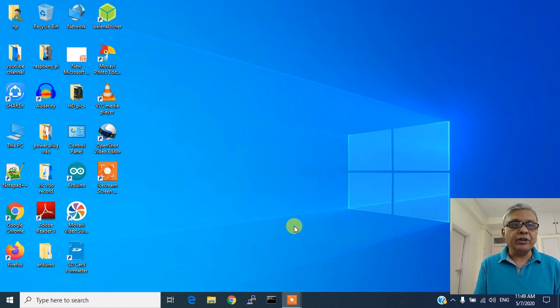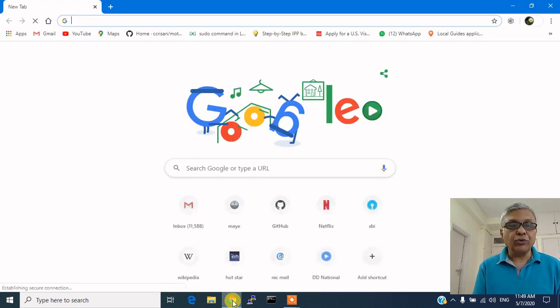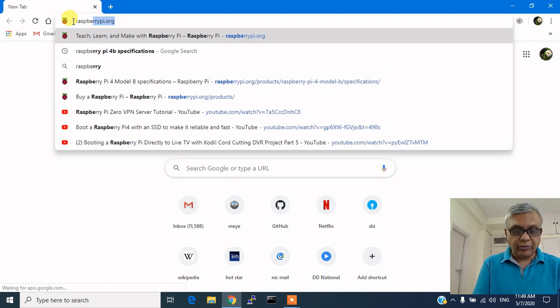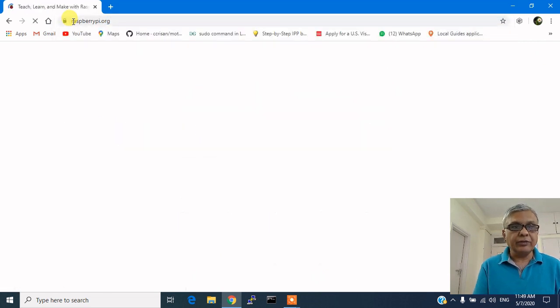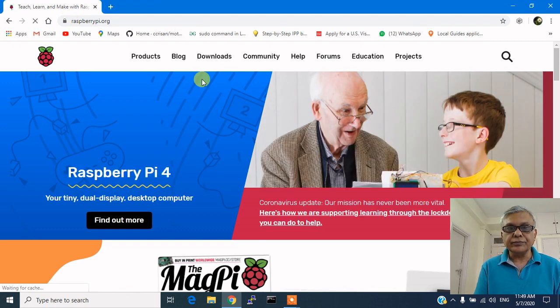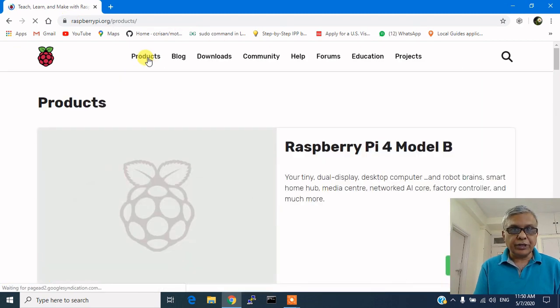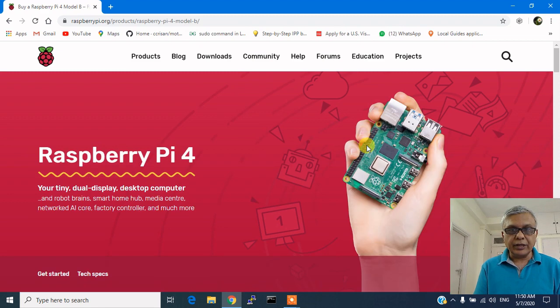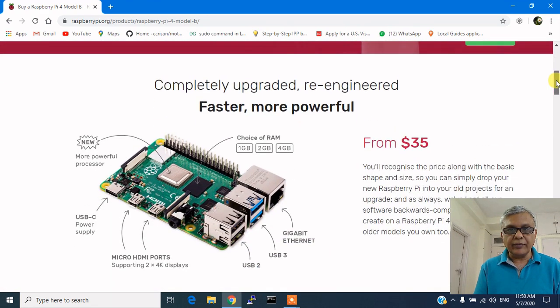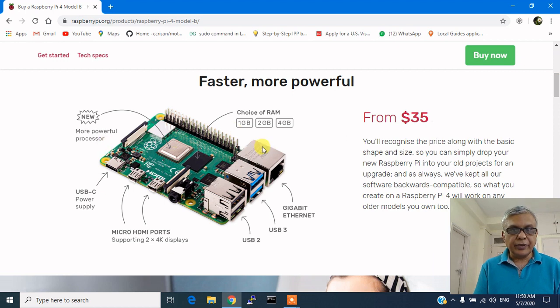So now we will see on the laptop the software portion of the Raspberry Pi 4, and you will see here I will go to raspberrypi.org, and here we will see, I will go into the product list, and here you can see the Raspberry Pi 4 modules, and in that we will see here they have given the technical details. 1 GB, 2 GB and 4 GB modules are there, and I'm using the 4 GB, and they have a